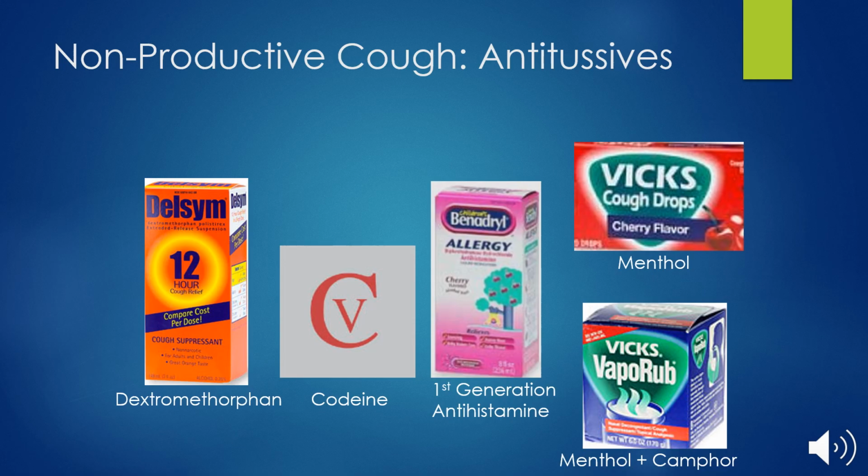Delsym. It works for 12 hours, which makes it the ideal agent to use right before bed, especially for patients who are coughing at bedtime or don't want to have to wake up in the middle of the night to take another dose. There is another dextromethorphan product called Robitussin, but it only works for about 4 to 6 hours. So that one would not be ideal for bedtime, but could be used throughout the day if patients prefer a